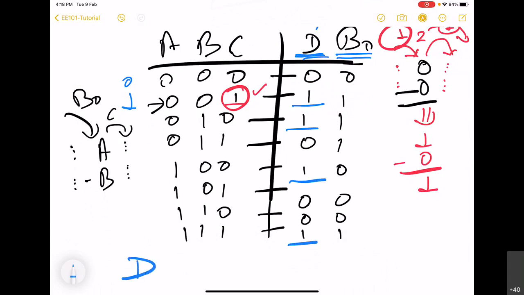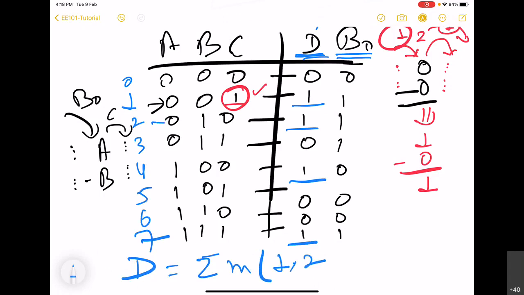So here you can see that this is 0, 1, 3, 4, 5, 6, 7. So we see that D is the summation of min terms 1, 2, then this one 4, and then 7. Right? Similarly, B naught can also be represented.